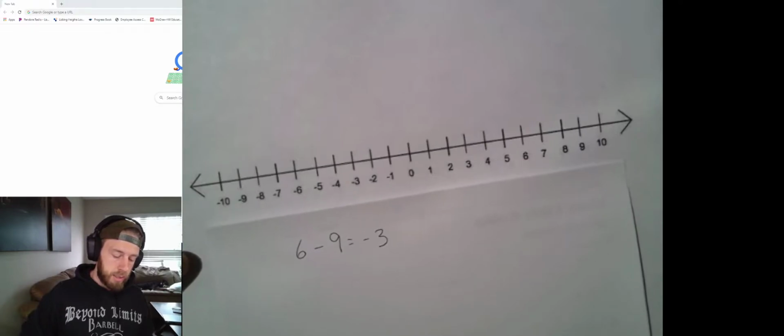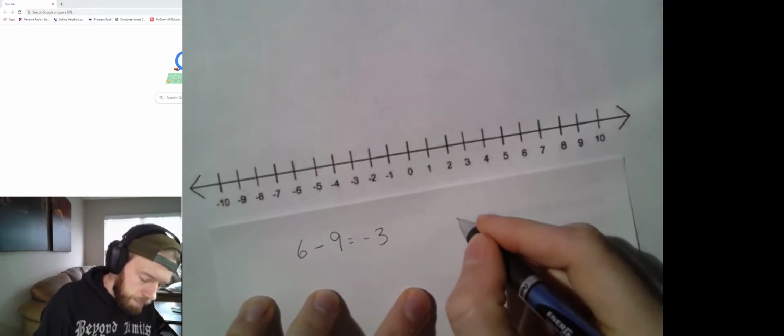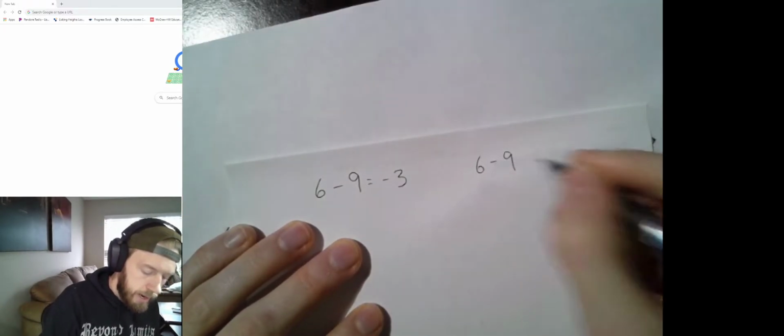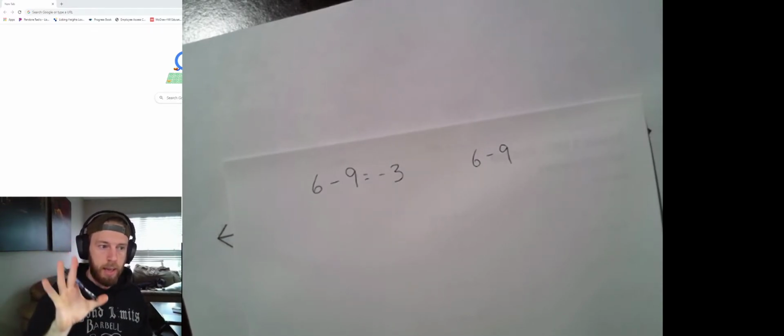The next type of problem I'm going to look at here, or the next way to do this, is same problem. We're going to have 6 minus 9. And since we practiced a lot yesterday with adding integers and what that means to do,